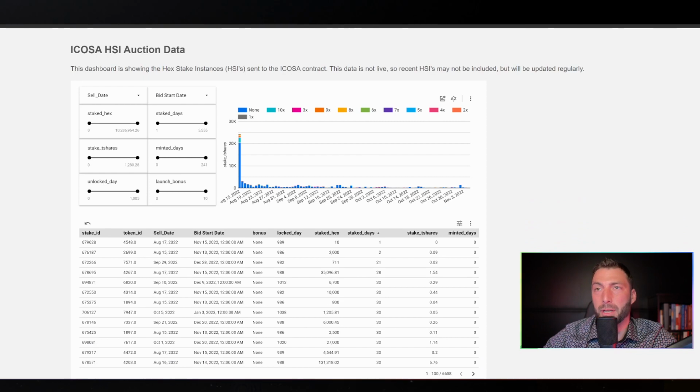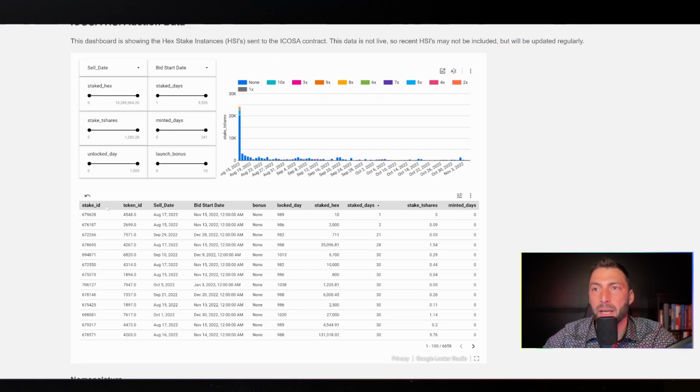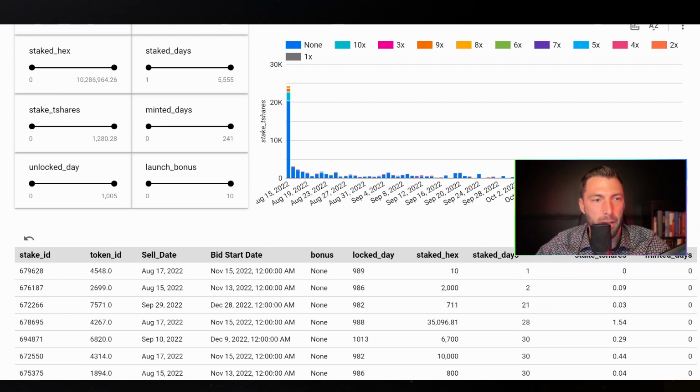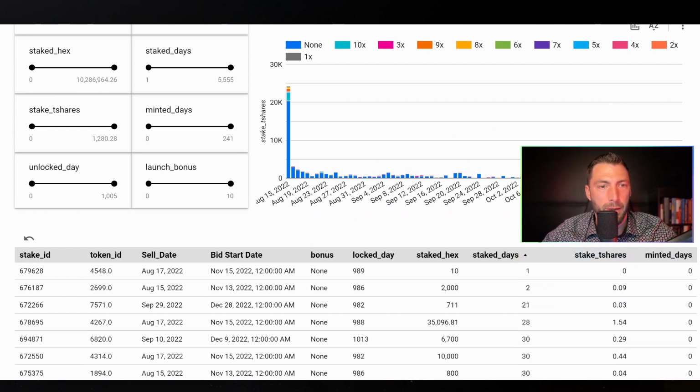This is pretty awesome. You can basically look at this and organize things however you want. You can use these scroll bars here to organize by the size of the hex in the stake, the stake days. You can also click on, let me make this bigger. You can also click on, I'm gonna try to move myself here. You can also click on